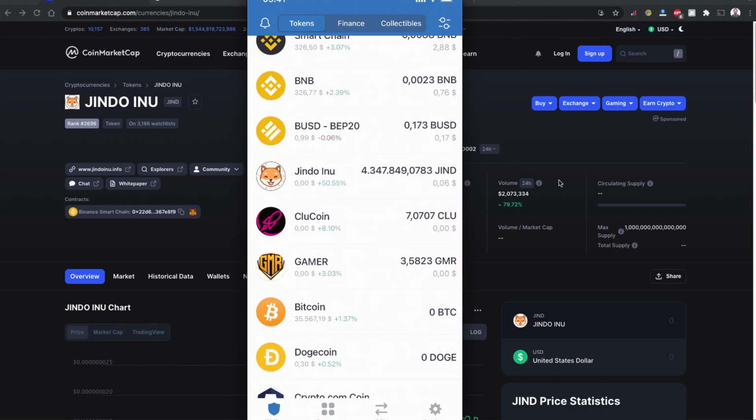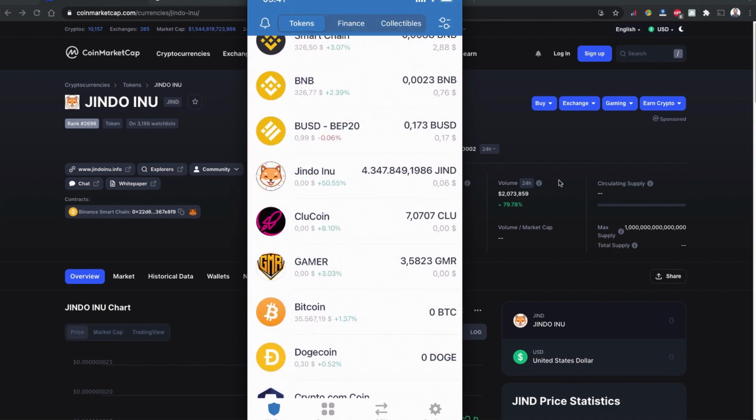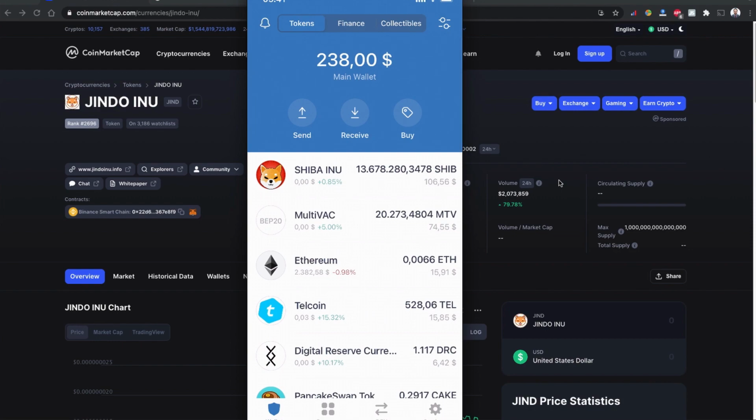Yes, as you can see, I received my Jindo Inu token coin on my Trust Wallet. This is a very little amount of Jindo Inu that I purchased due to lack of balance. However, the purpose of this video is to show you how to buy this Jindo Inu token coin on your Trust Wallet. I hope you understand how to buy it.